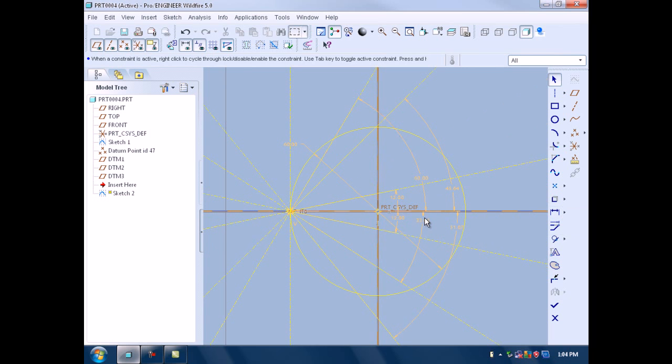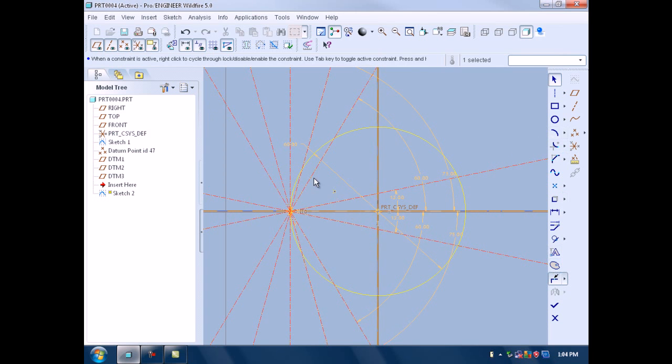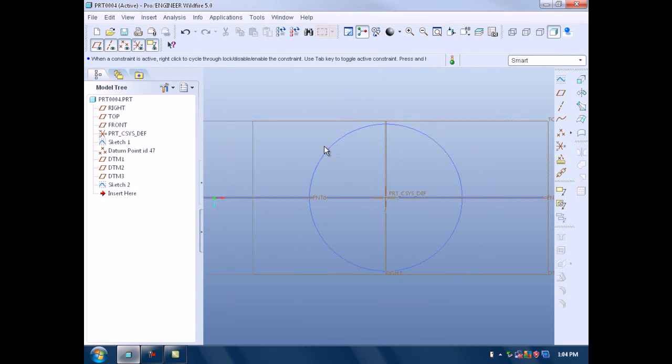Now you may have a question: why do we divide it into these parts? Because our section 2 already has the points which are at 12, 60 and 75 degrees. So that's why, because we use the swept blend. In the swept blend we have to be sure about the parts, because equal parts are required in the swept blend. So for the first circle we divide it into 6 parts.